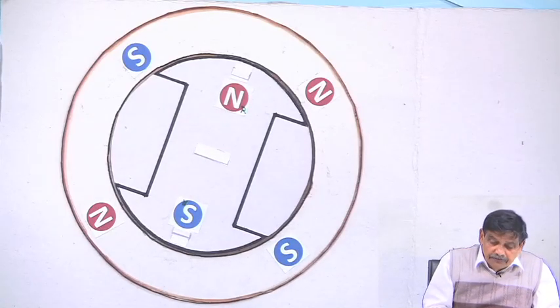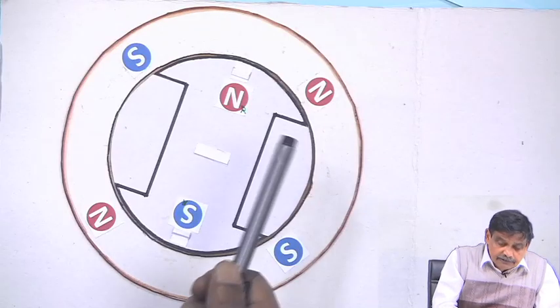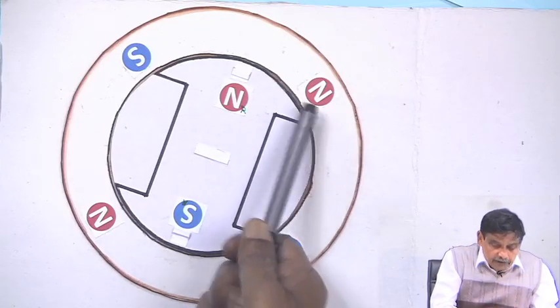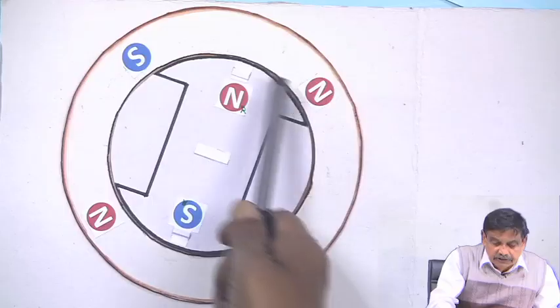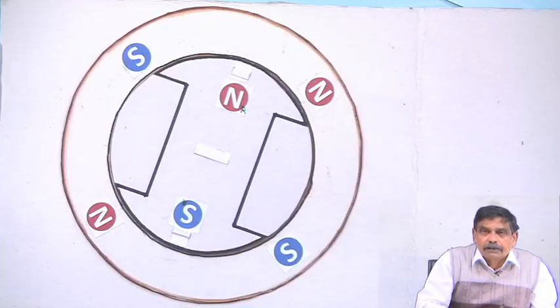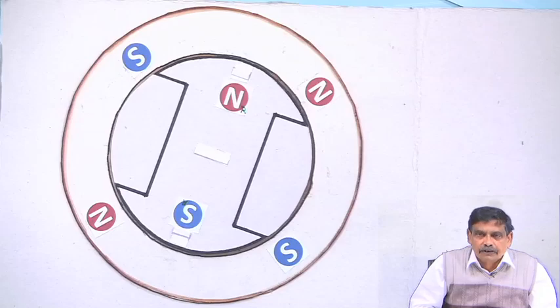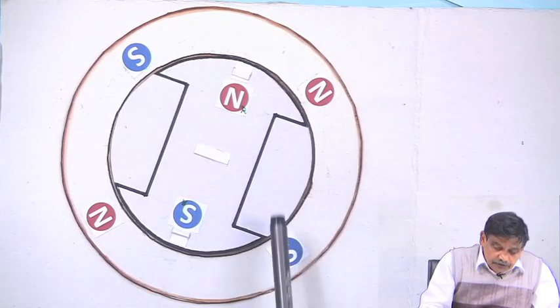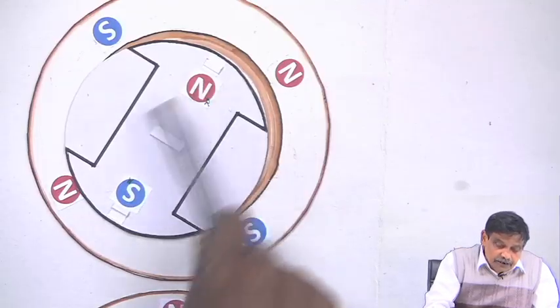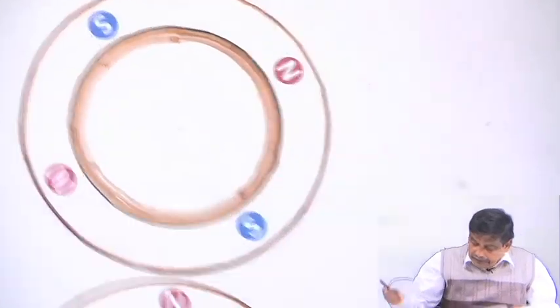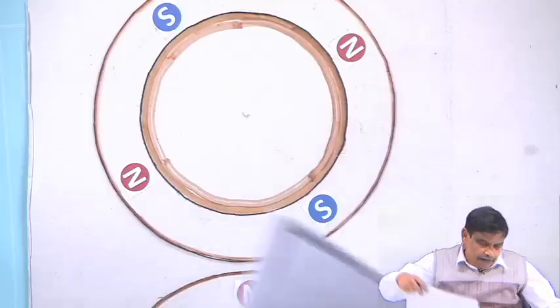It is because someone has thought that any number of poles I produce on the stator, any number of poles I produce on the rotor, they will interact and give me torque, but that is not true. The number of poles produced by stator and produced by rotor must be the same. That is why, for example,